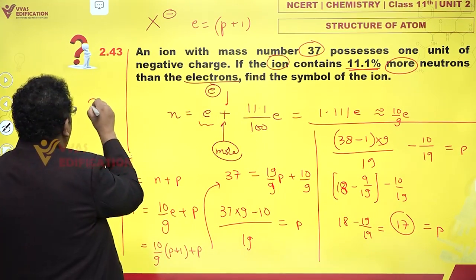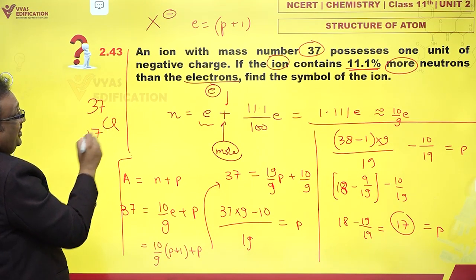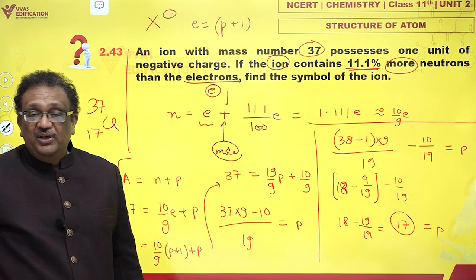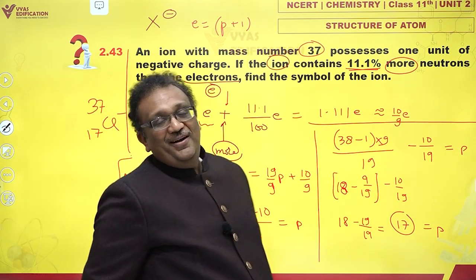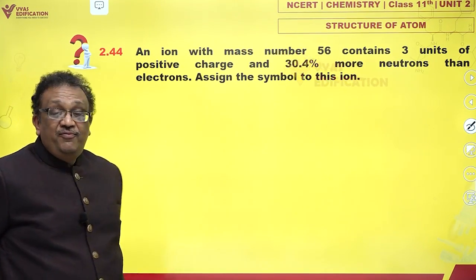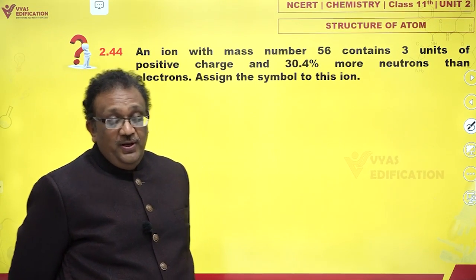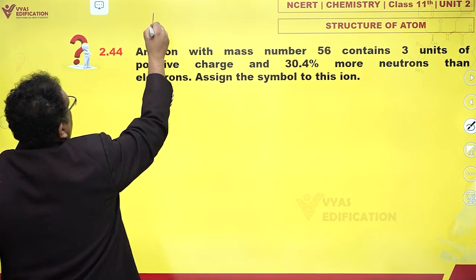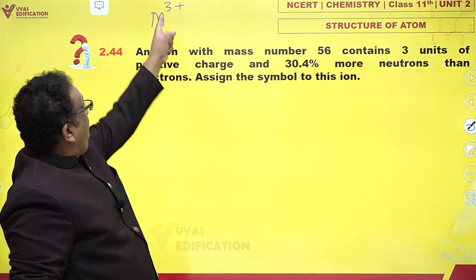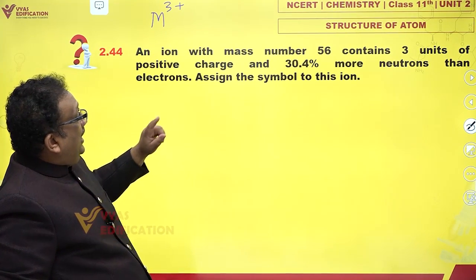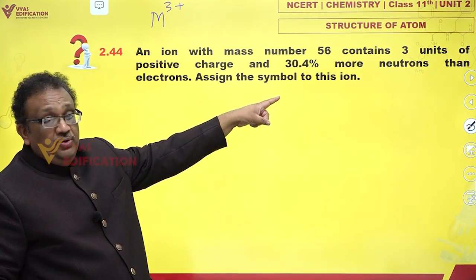So I have Cl, mass number 37, atomic number 17. That is the symbol of the atom. And the ion is Cl minus. It's the chloride ion. Next: an ion with mass number 56 contains 3 units of positive charge. Okay. That means let us say that it is M3 plus, 3 units of positive charge, and 30.4% more neutrons